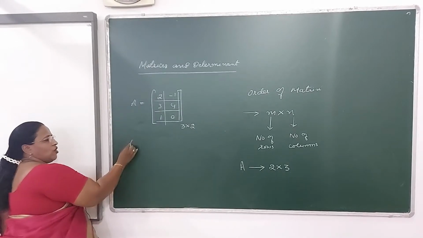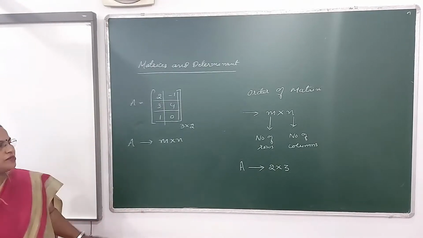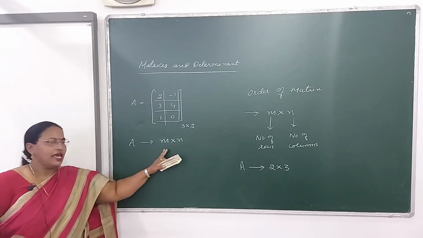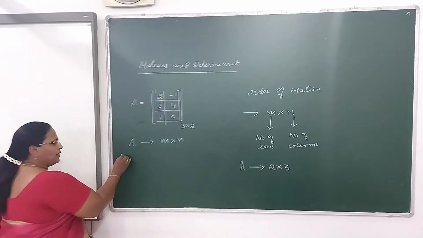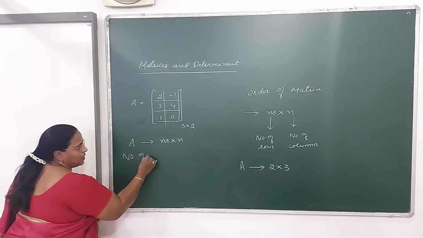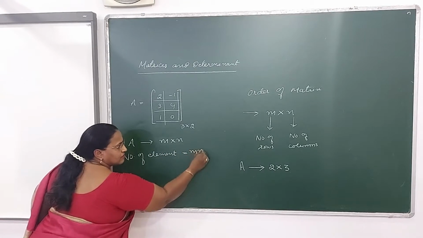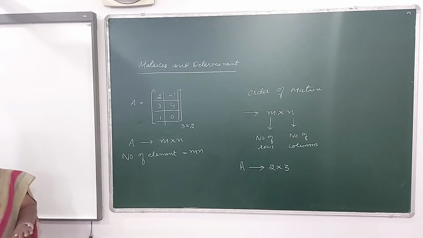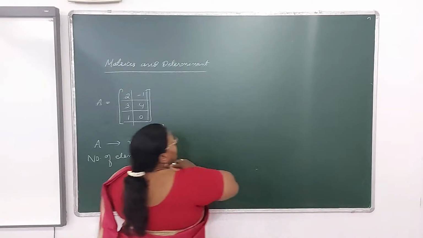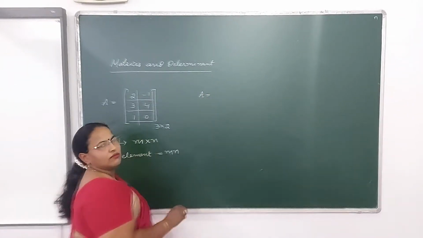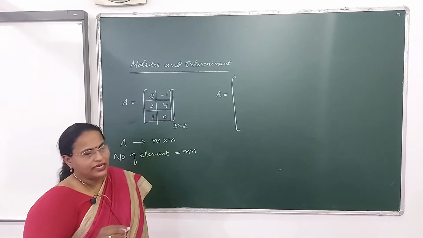Consider a matrix of order m by n. That means this particular matrix is having m number of rows and n number of columns. Now total how many elements it will accommodate? The total number of elements here it will be mn elements. So let us write down the rough structure of this matrix. So A is equal to, place a square bracket here. Now let us start writing the elements.